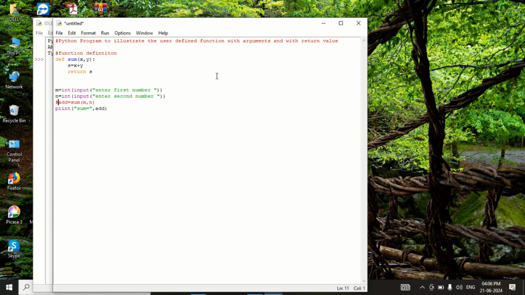Hash calling user defined function with arguments and with return value. That means it will be calling a function by passing the arguments and that will be returning the